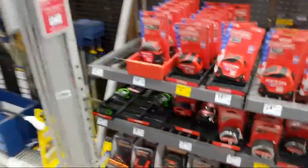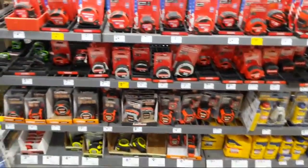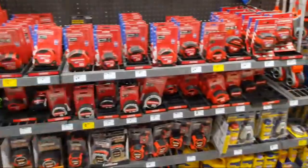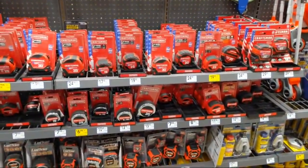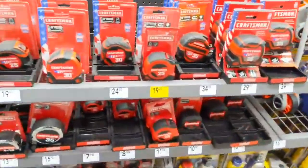I hear you. Here's the Craftsman's. I gotta tell you, they moved out all the other tape measures in this area. It's bizarre. I don't think I see one Stanley Fat Max. They're all just Craftsman clones of the Fat Max. The Lufkins look nice. Only deal is $20